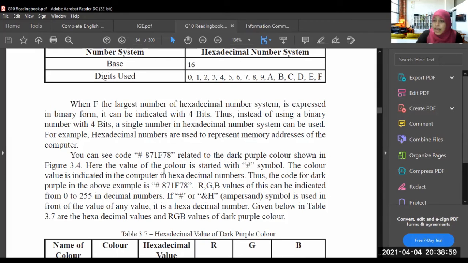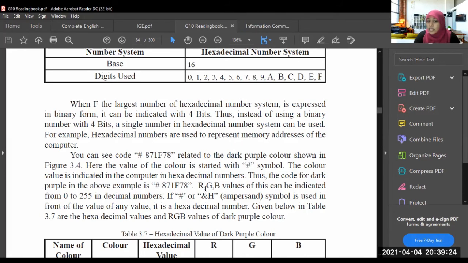Here, the value of the color starts with a hash symbol. Isn't it? See here, the value is starting with the hash symbol. The color value is indicated in the computer in hexadecimal numbers. Thus, the code for dark purple in the above example is